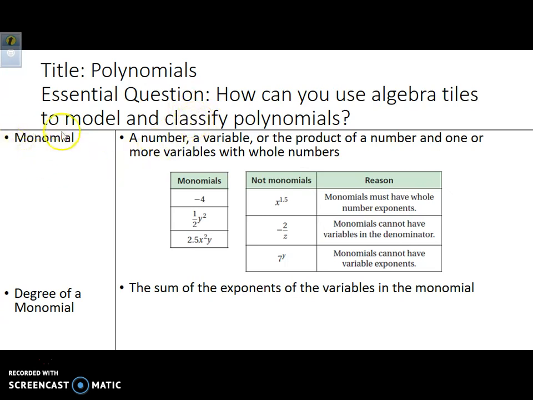First of all, first vocabulary term, monomial. A monomial is a polynomial. Okay, a monomial is a very specific polynomial. It's a polynomial that only has multiplication, no addition or subtraction in between. So, monomials, here's a whole list of them. Monomials, one,